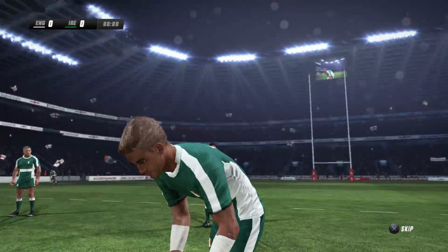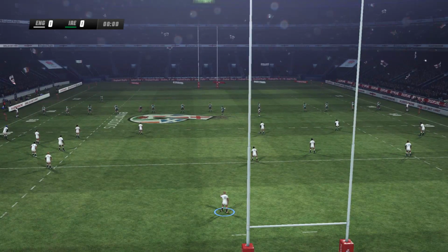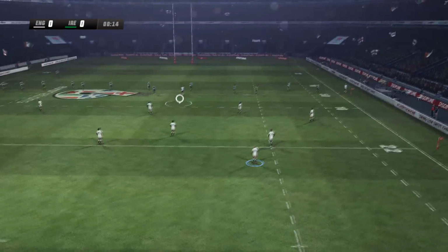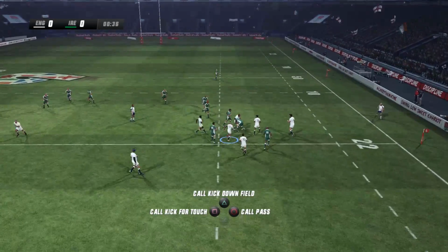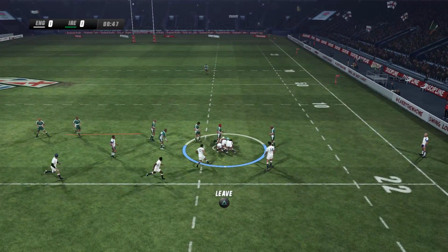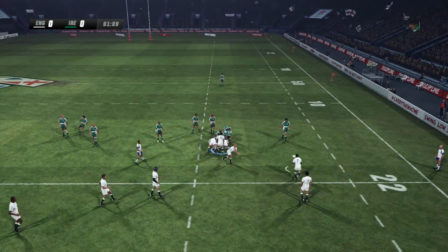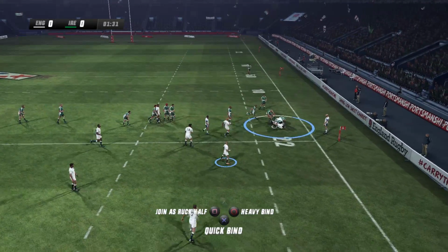We're all set to go here. It is Ireland in the green, of course, and England in the white. The Red Rose comes calling once more for Nathan Nicholls, another international cap as we get underway. Six Nations 2019 has begun. And it is England who take the ball in first, and a little run down the right-hand side from Armitage